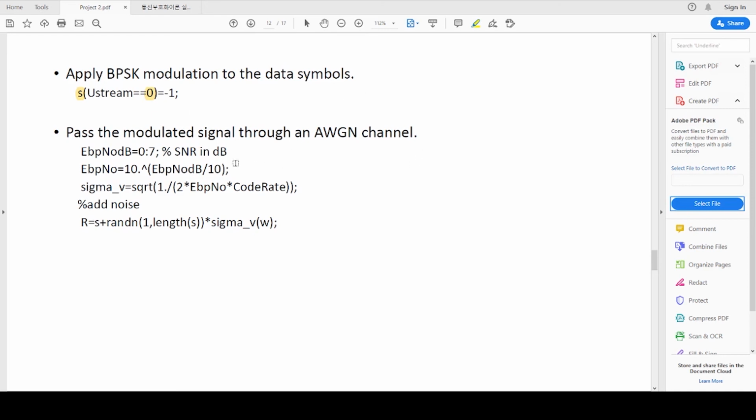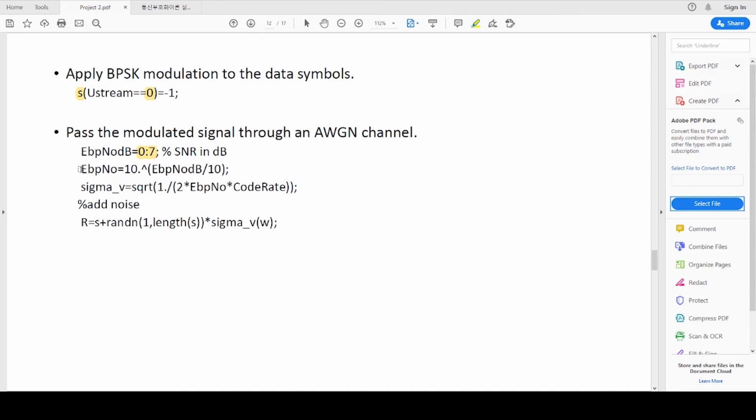The channel has noise. So again, as before, we do the signal to noise ratio. Here I have taken from 0 to 7. In your example it has been given, so you can find the signal to noise ratio and you have to calculate it.